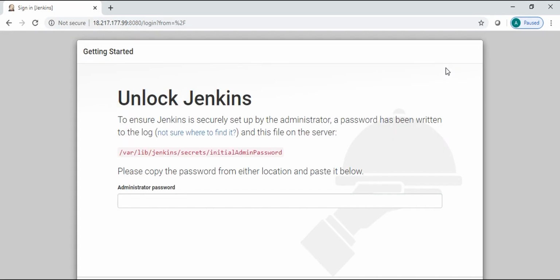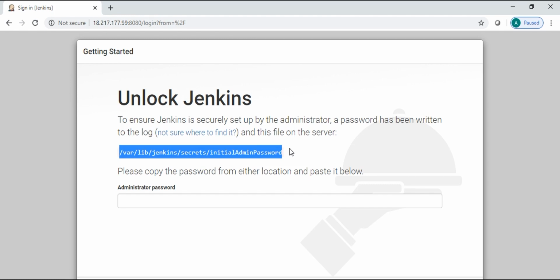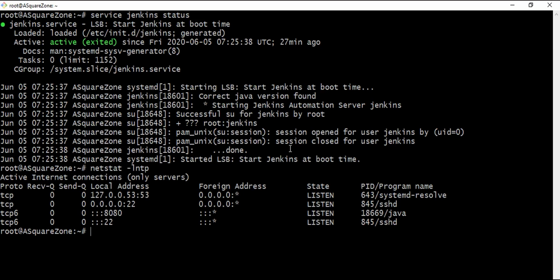So this is the unlock Jenkins screen here. There is the default initial password location also there. So this is the path to get the unlock password. Using this path we are going to get the password here.